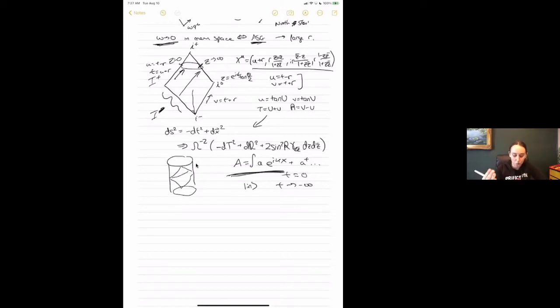But if I look at where the source of radiation is coming from, if I had a free plane wave going through, it would come in at past null infinity and exit through future null infinity. So if I'm trying to look at the data for the radiative fields in my spacetime, I want to be looking at the data along here. I want my Cauchy slice to be pushed up to this boundary. And so the interesting thing is how I would prepare states on this boundary. So let's go about doing that.